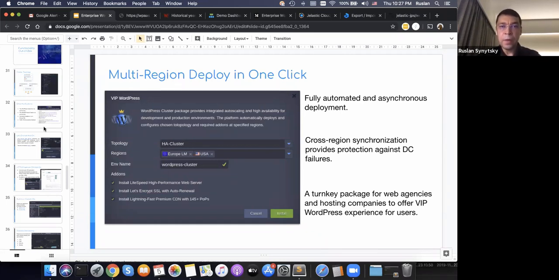So again, if you're a medium or large service provider, installing a Jelastic cluster for yourself is definitely a good idea. You can go with WordPress, Magento, or Kubernetes, depending on your customers.